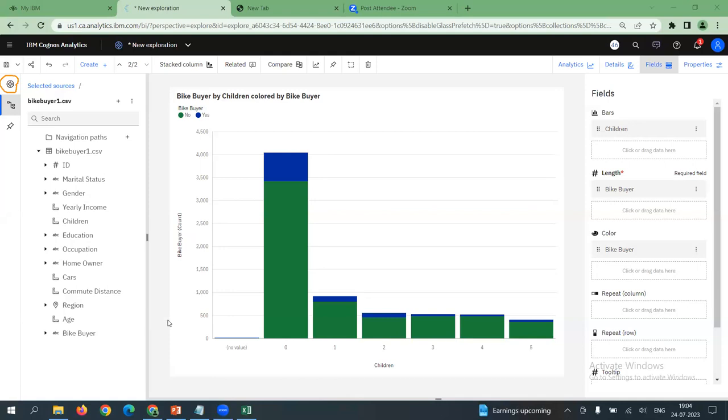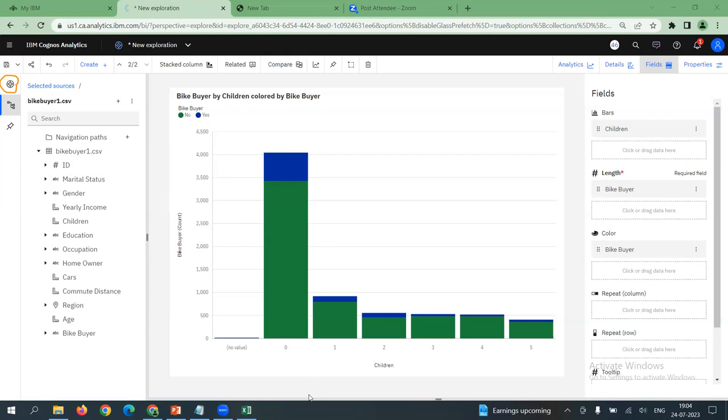Yeah, great. Now we have done something great here. We could produce some visualization, but interpretation is the real art of the outcome. One has to also learn how to interpret and understand the visual insights. The green color bar on my screen depicts the no category of the bike buyer, while the dark blue one corresponds to the yes category.